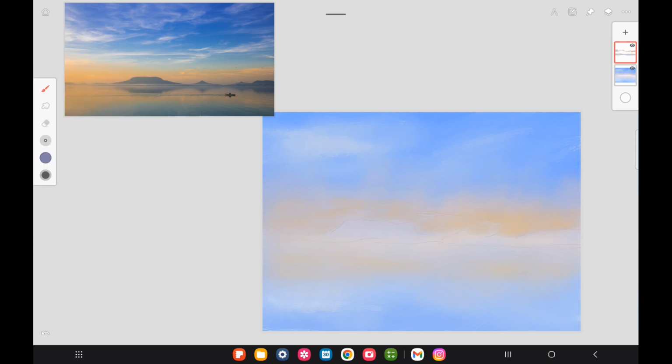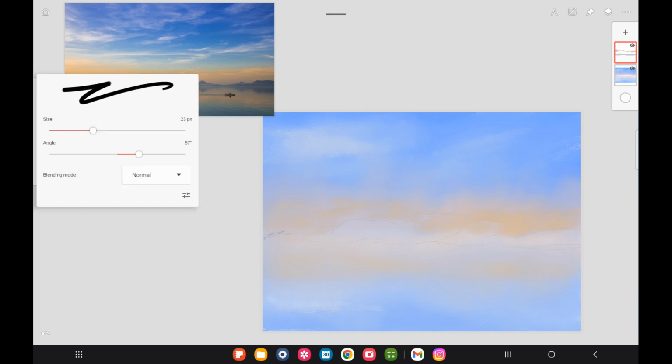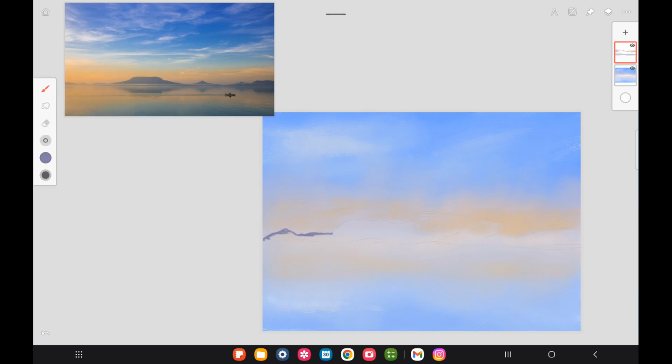And so you want to go ahead and also start working on the mountain. And I'm giving it kind of a purplish look. You can use a bluer look if you want to, just whatever color you prefer. It just looks nice with this orange in the background here. And so I'm just trying to put in the distant shapes of the mountains, and these are not going to be real big detail. They're just kind of